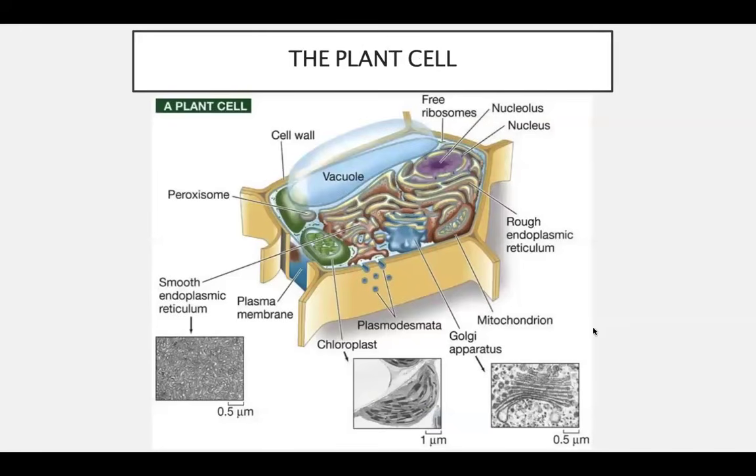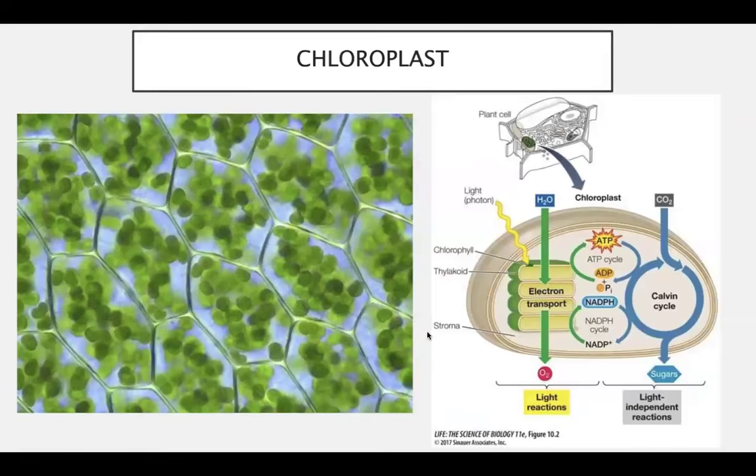So this is just describing the plant cell. You have the cell wall, vacuole, etc. But the main spot we're going to look at is the chloroplast. The chloroplast is where photosynthesis takes place. Within the chloroplast, you have something known as the thylakoid and the stroma. The thylakoids are like these granules stacked on top of each other,